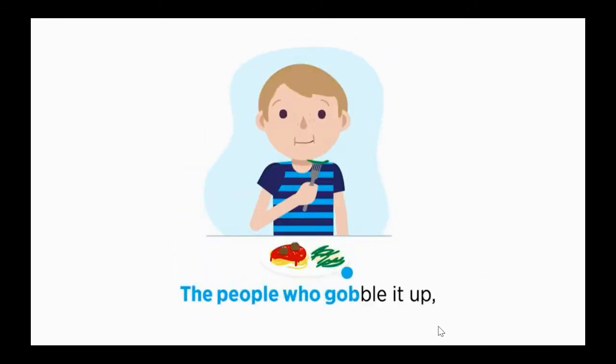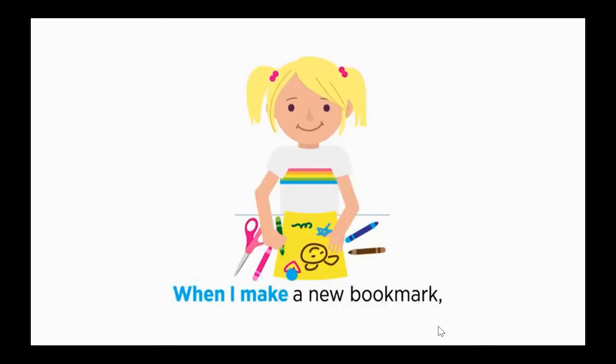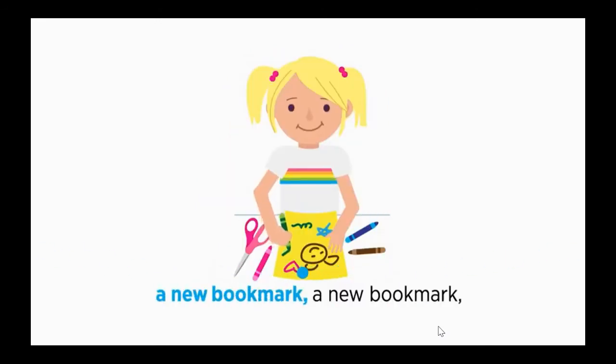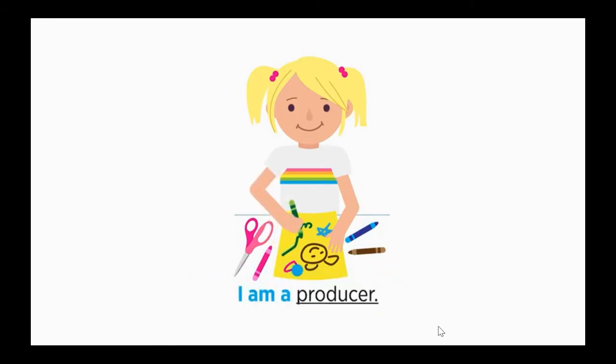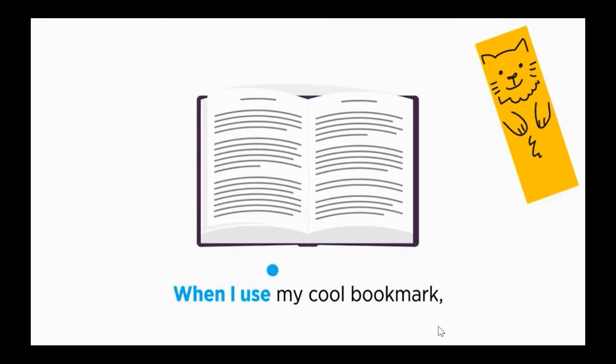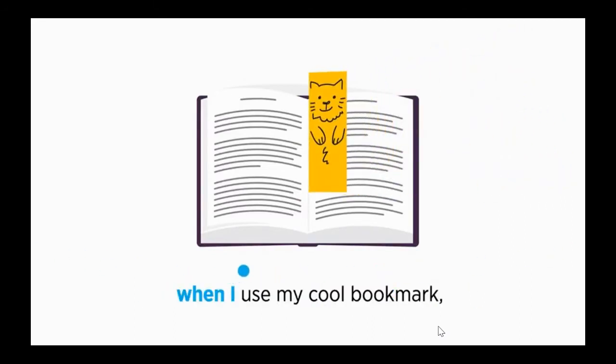The people who gobble it up, gobble it up, gobble it up. The people who gobble it up, they are consumers. When I make a new bookmark, I am a producer. When I use my cool bookmark,